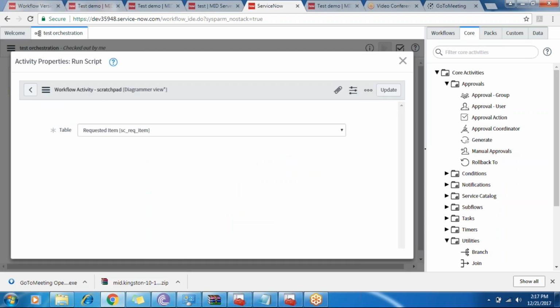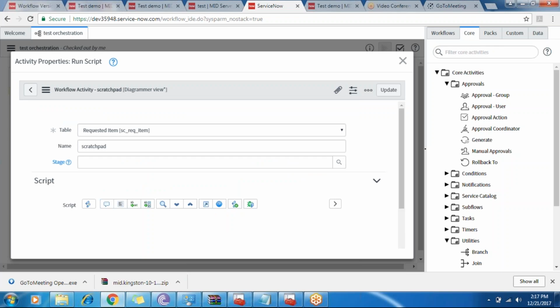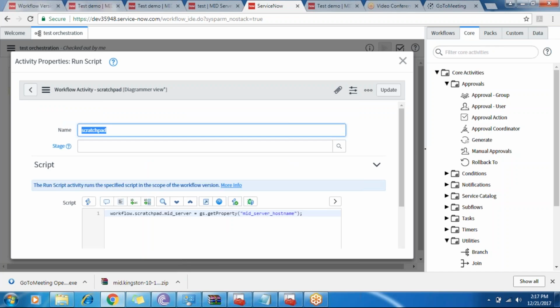I've used it to store the MID server hostname in a scratchpad variable so that it can be used in the next activity. The purpose of the scratchpad variable in ServiceNow is that once you get a value and store it in the scratchpad, it can be used in any activity across the workflow.